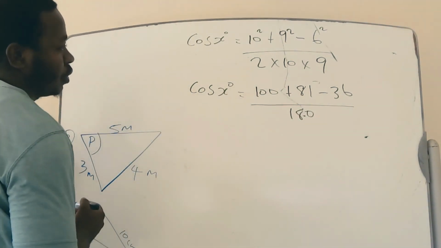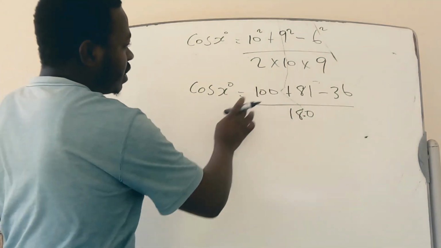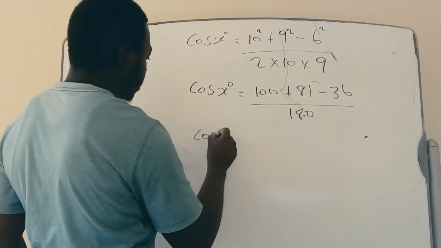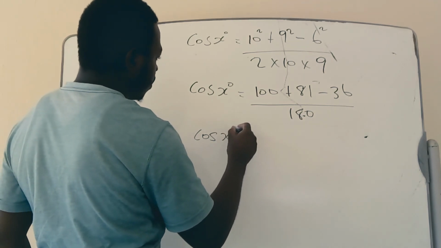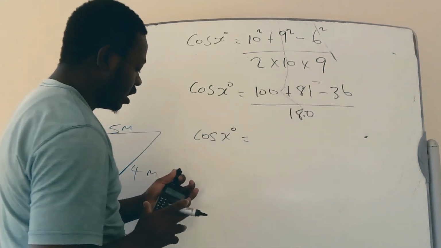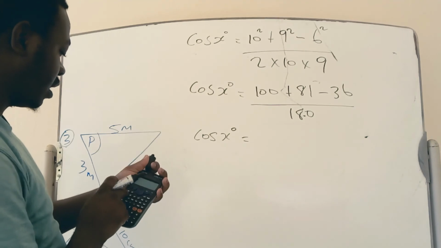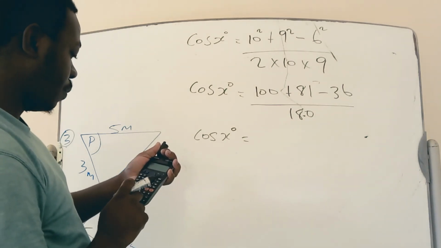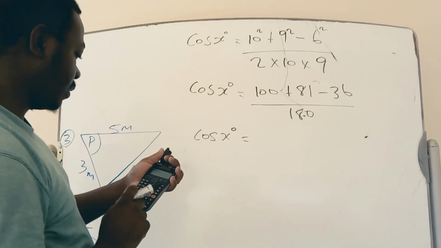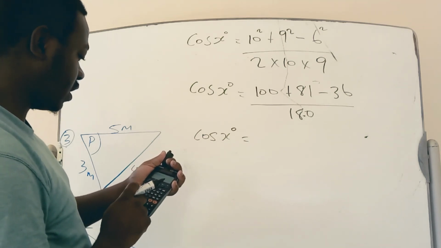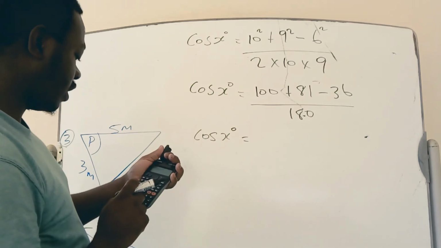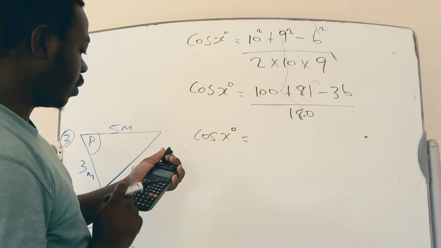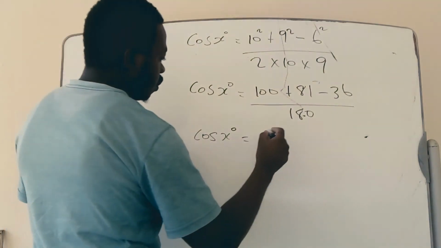Right? Now you can put all of this side on your calculator here. And I'm going to show you. So cos of x degrees is equal to all of this side. So you can just put that on your calculator. Select your fraction bar, and that's just 100 plus 81 minus 36, all of that over the denominator of 180. Press equal, and that gives us